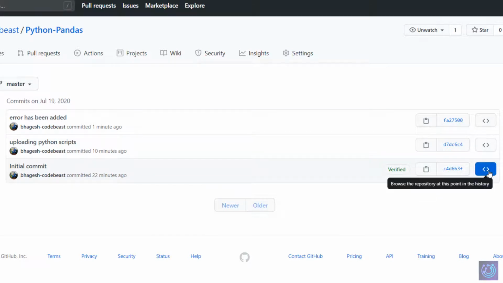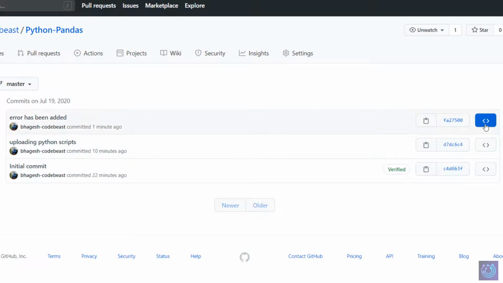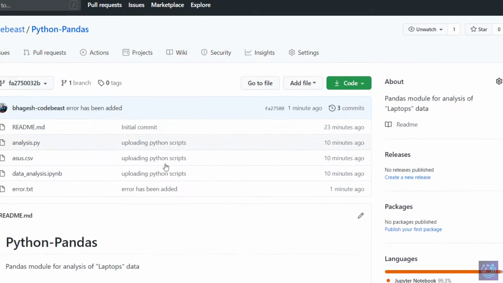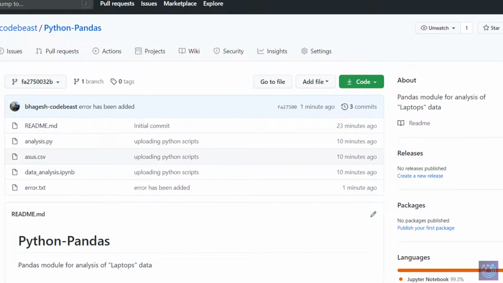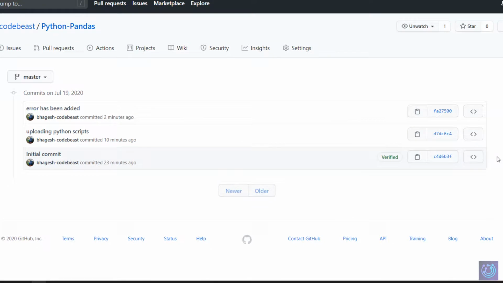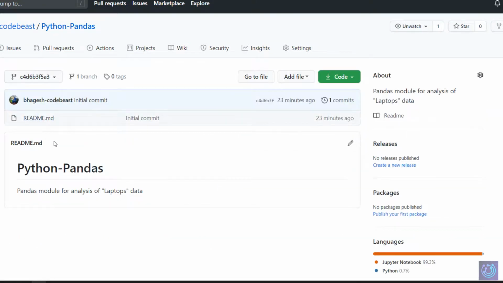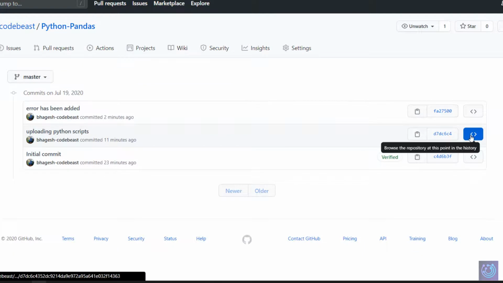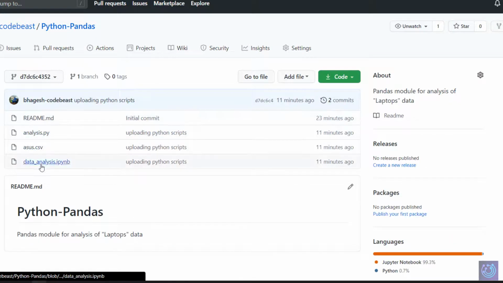Also, if you click on these angle brackets, you can see the changes or the version of your repository. For example, right now there is error.txt here, but if I go back to the initial commit, there are no files. This was the repository when I created it initially. And if we check uploading Python scripts, it will have all the files except error.txt, which I added at the end in the third commit.